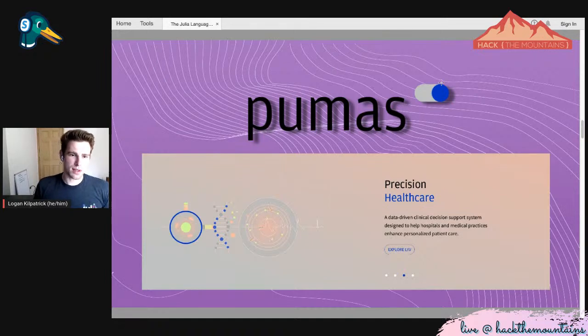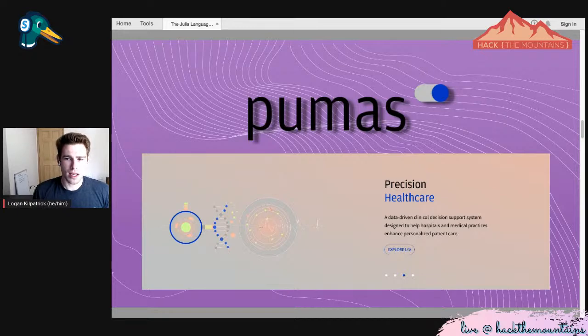And Pumas is setting out, one of the use cases that they're helping solve is this idea of personalized medicine. So you can go into your doctor, they can basically leverage the software to do a bunch of personalizations as far as how much of a drug you should be getting and things like that. So super, super interesting use cases.